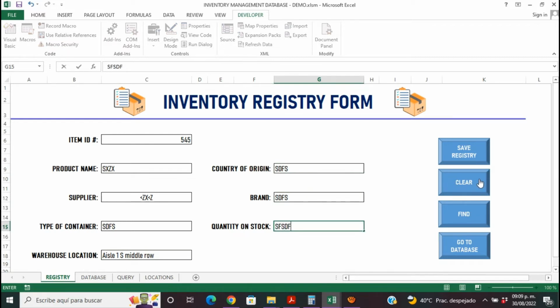And then I'm gonna hit clear. And it cleans it out. So now we're done with that. We have go to database, go back to registry, we have save registry, we have clear, and now we need